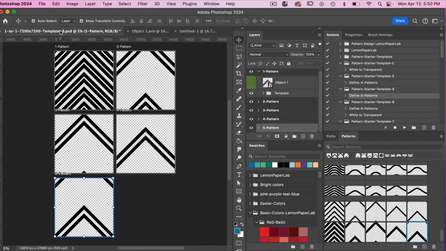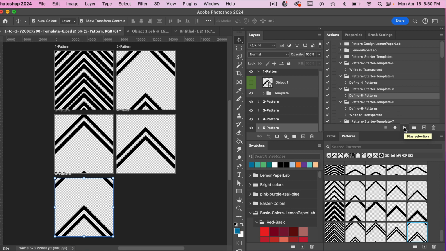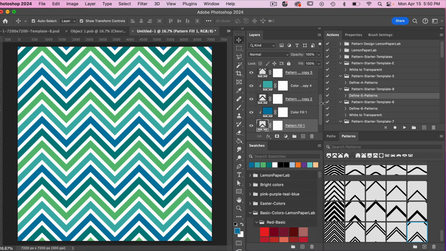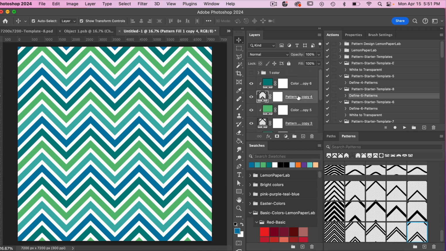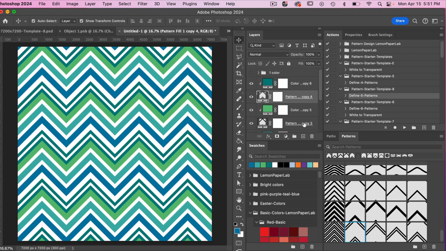Jumping back into our template, we can see our smart object has been updated. So we'll go ahead and use our action again to find 5 patterns. We'll click on play, and then we'll test this out in our document here. So we'll click on this first one. As I click on this first one here, I notice that it's not going to align with our previous pattern,